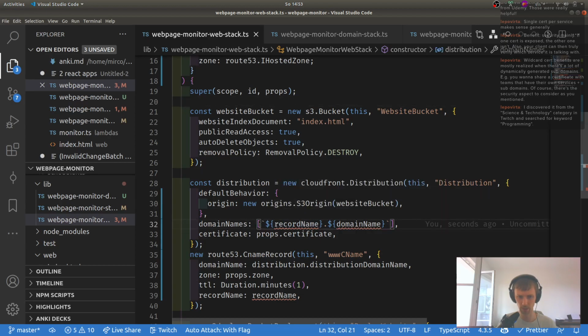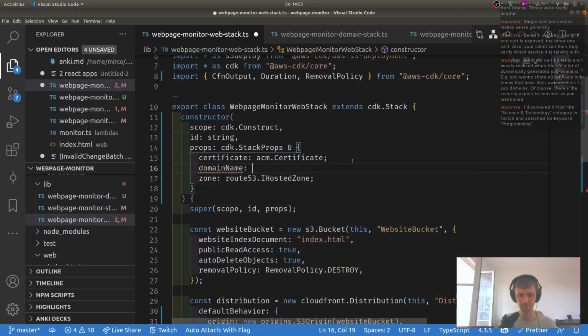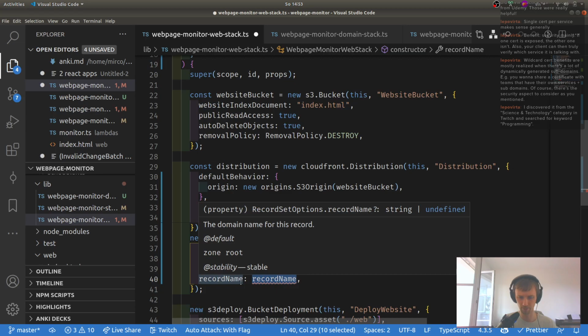We do need, this is the front end to the front end to a domain name. So this is props.domainName. Another property that we need, just a string. And the record name,